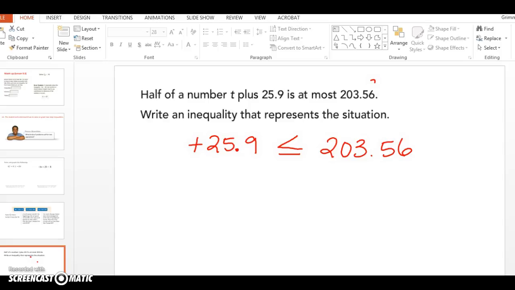0.5t. Okay, 0.5t. Other options? t divided by 2. Any other options? I saw this. I walked around. Kendall? 1/2 times t. Okay, so those are all the different options you could have. So my favorite option is probably this one. My next favorite option is probably this one. And then my last favorite option is this one because I like us to use fractions whenever possible. So this would be correct, or if you did this, or that. Okay, questions on that? Okay, so I'm going to pass